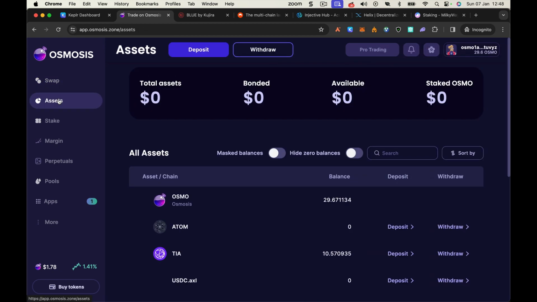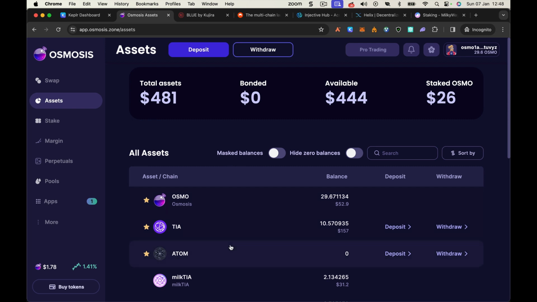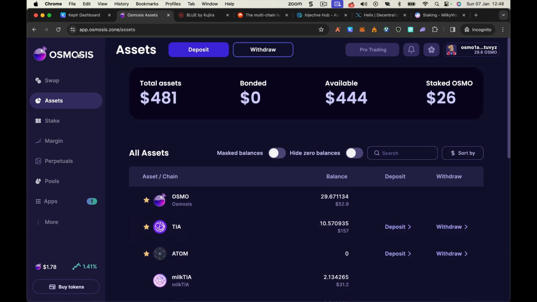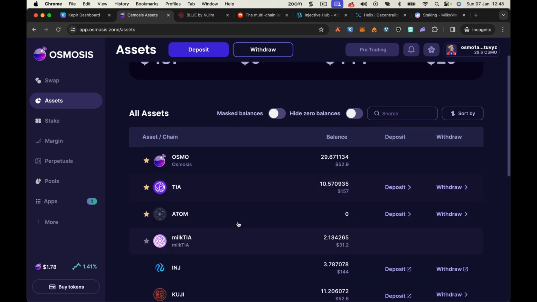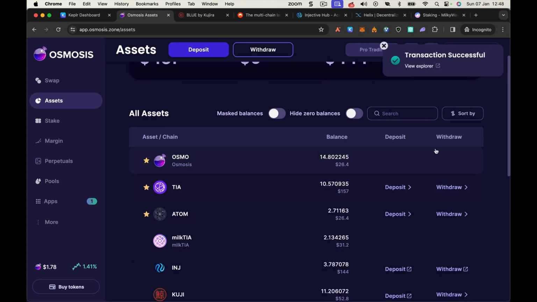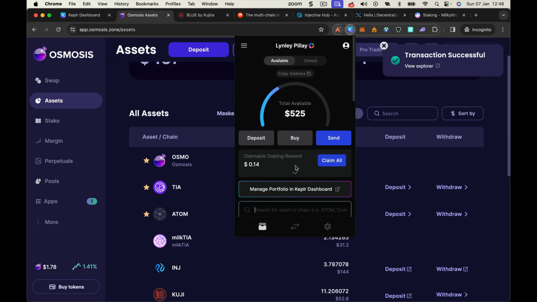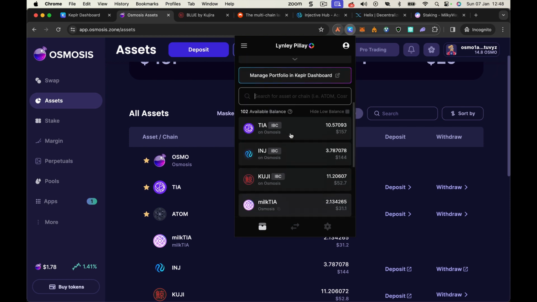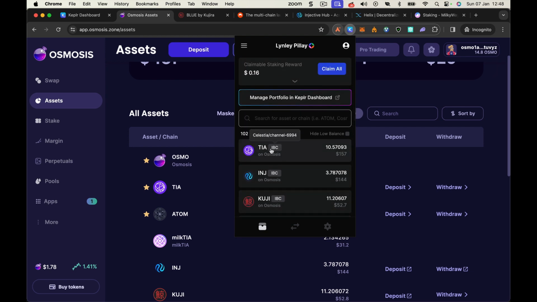Now, if we go to assets here on Osmosis, you'll see that it will all be here. And it is actually living in the Osmosis wallet side of things now. What we need to do is, there's two ways of doing this. Either we can go directly into Keplr and we'll have 10 TIA, but it will show you IBC. What that means that it's